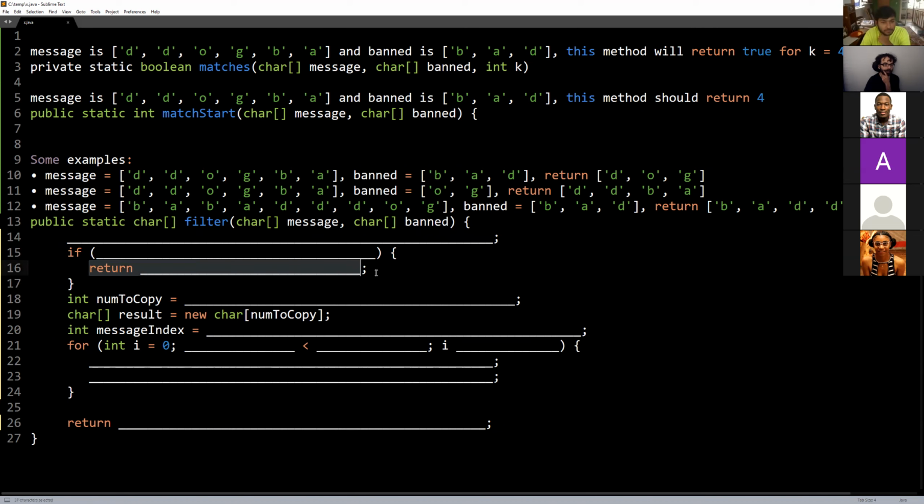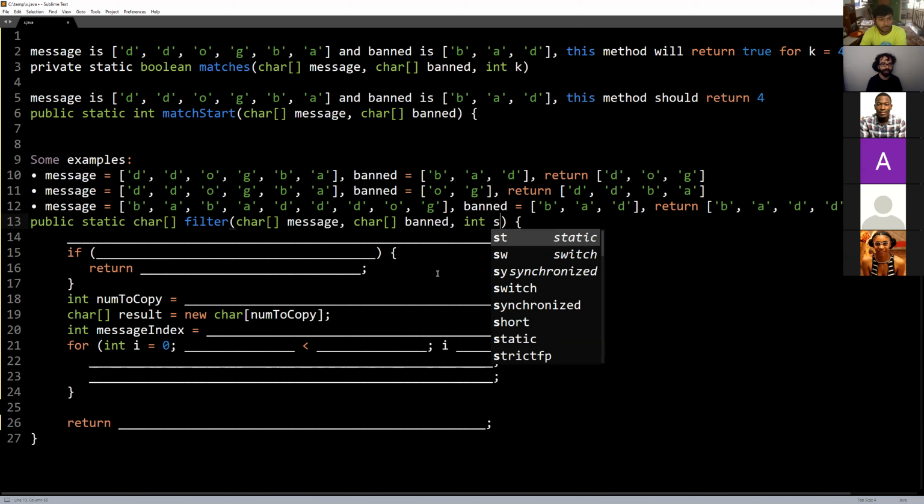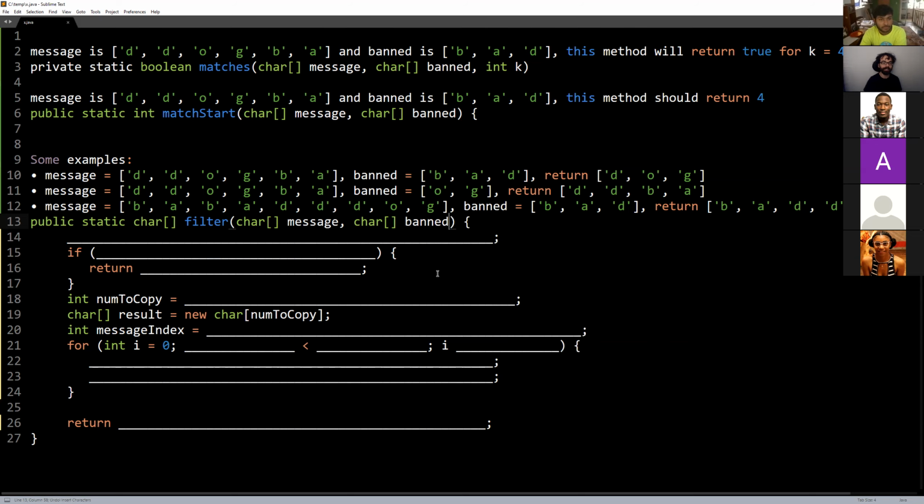The fact this return is here makes me think recursion could be useful. But on the other hand, this is an array method, and I have this creation in the middle, so it seems pretty unlikely that the solution would be recursive, because I don't really have a way to track the current state. I can't just keep calling this method over and over with some piece of information that changes, and it's static. So it's not like my filter. So I don't think it's recursive. This is something else.